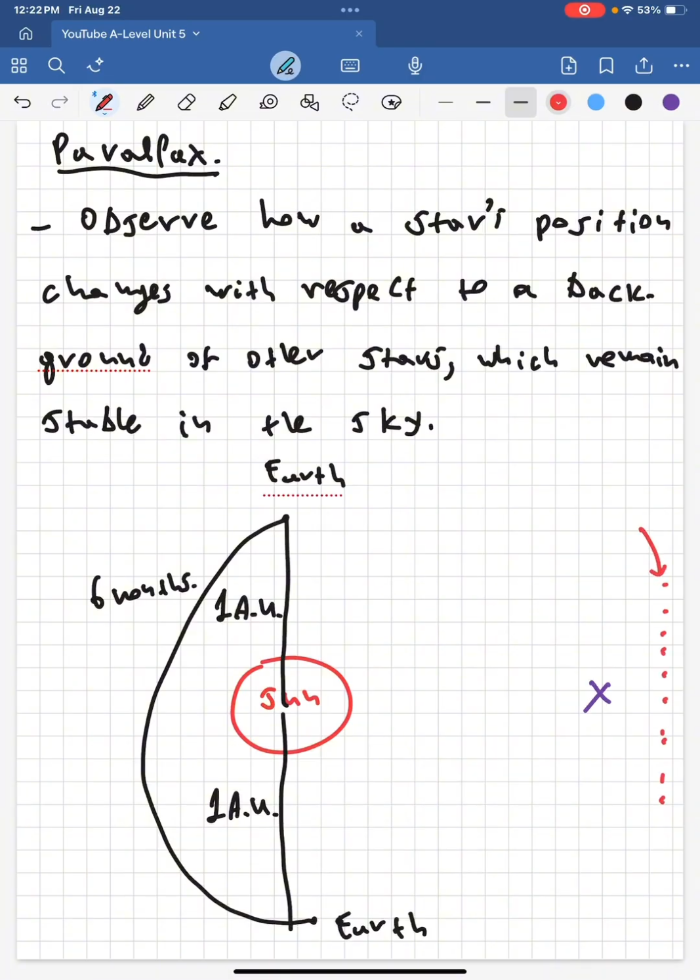So these are stable stars. What do I mean by stable? If I'm standing over here on Earth, observing these stable stars, now and in 6 months, they will not change position in the sky. But this guy will, okay? So